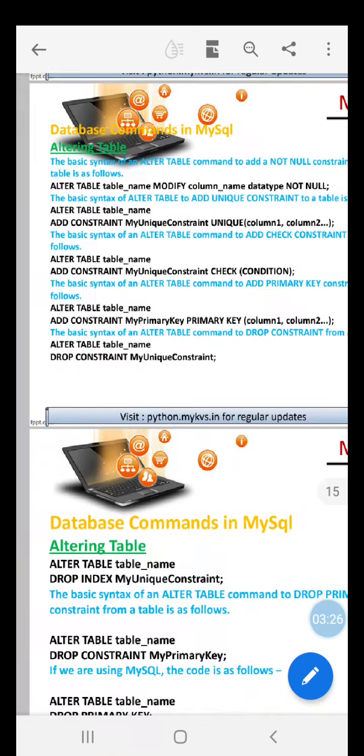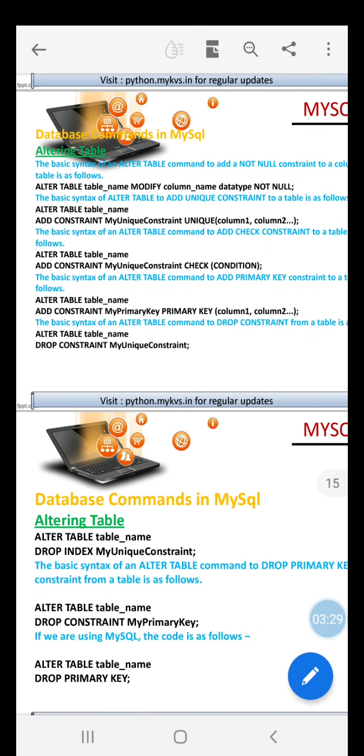We can also use the alter command to add and drop constraints, like to make a primary key, to remove a primary key, to make a null value, to set the default value, to make a foreign key, etc., by using the alter command. SQL contains different constraints like primary key, default value, not null, null, foreign key, etc. All these purposes can be performed using the alter command in SQL.